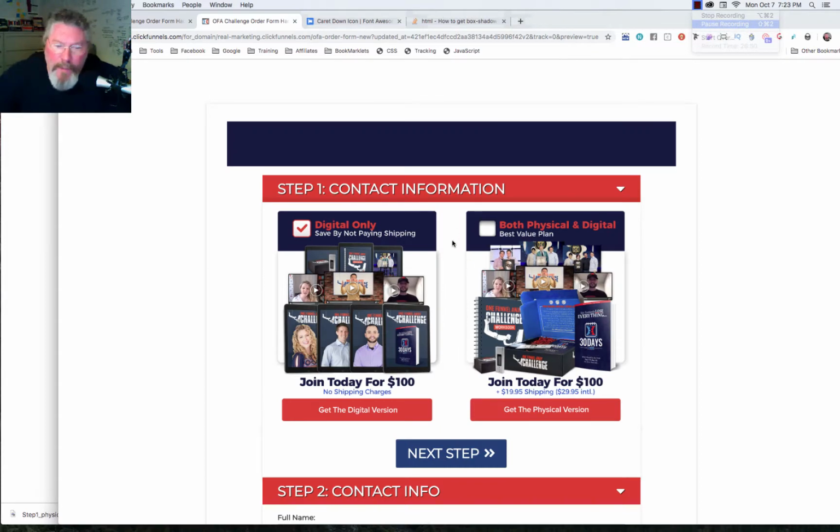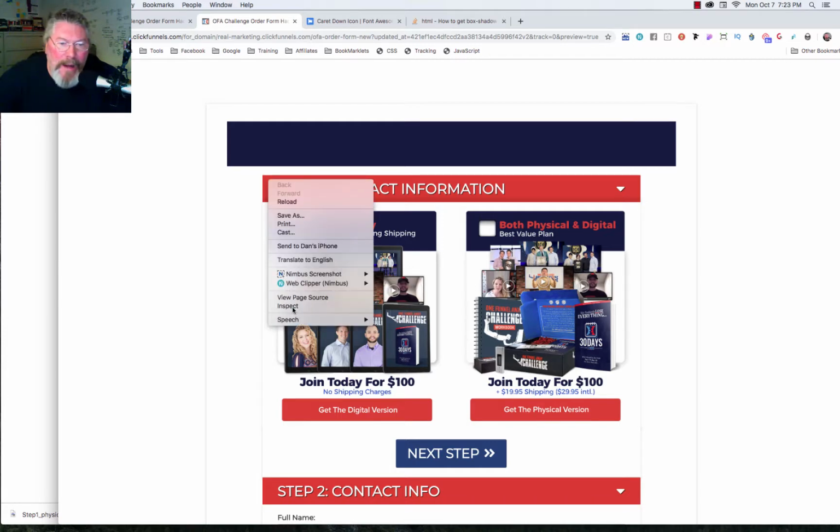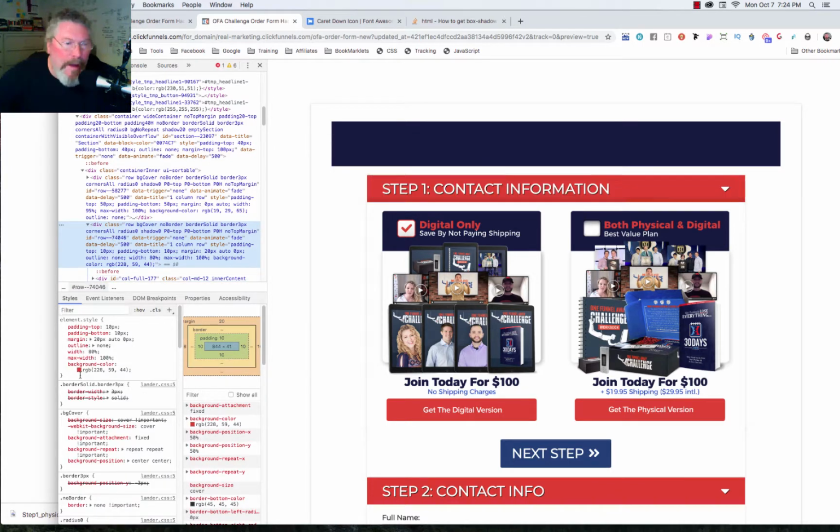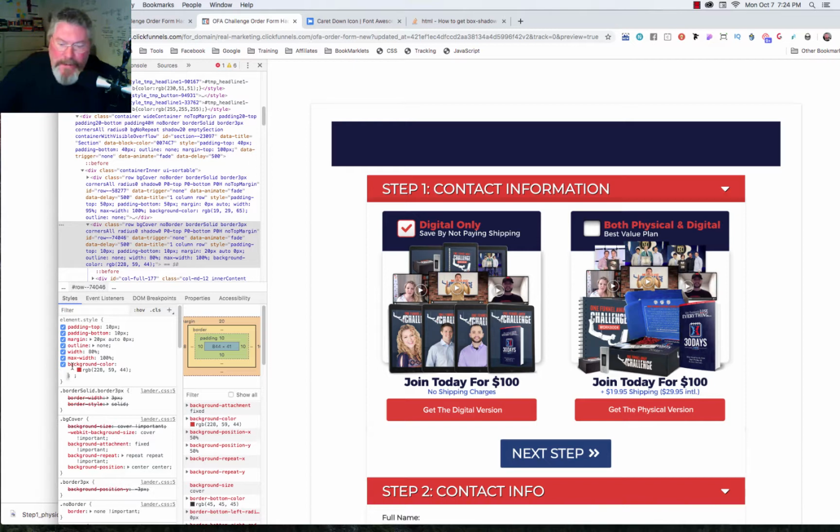And so now we have one more thing we have to do, because as I moved that box shadow around, it pushed all this darkness up into the red. And what we need to do is get this red to stand proud of that. So let's right click and inspect. And we want to click on the row that we're looking for. And then down here, let's put in